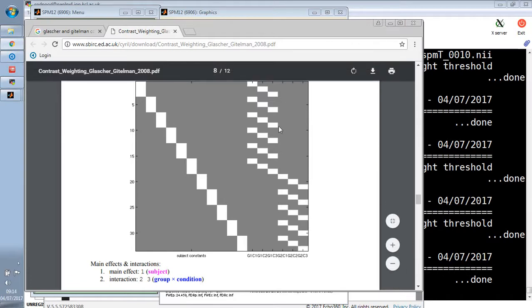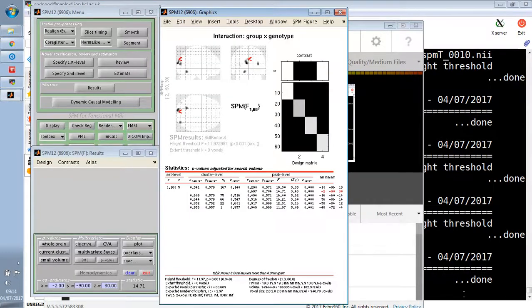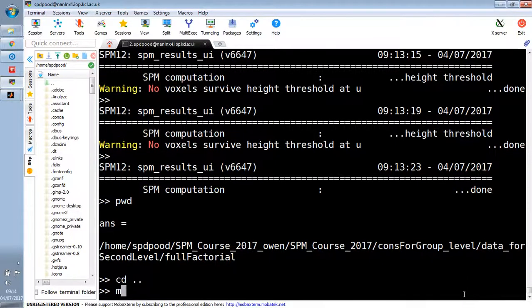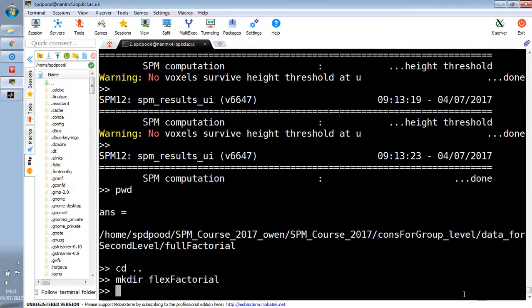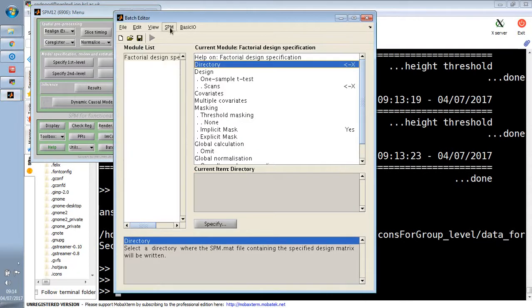It's described in detail in this handout. If you want to use this model, arrange to come see me and talk to me about it, because it's not the easiest model to handle in the world, and you'll see why in a second. So last thing we'll do is we'll go up one level, make a directory called flex factorial, and, right, specify second level,